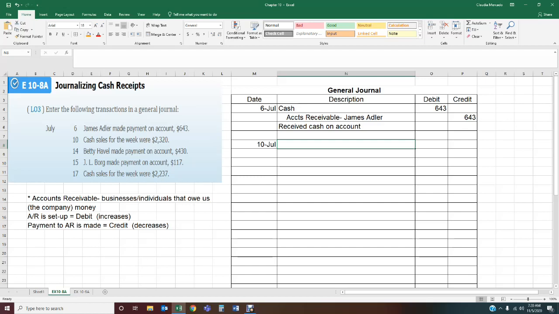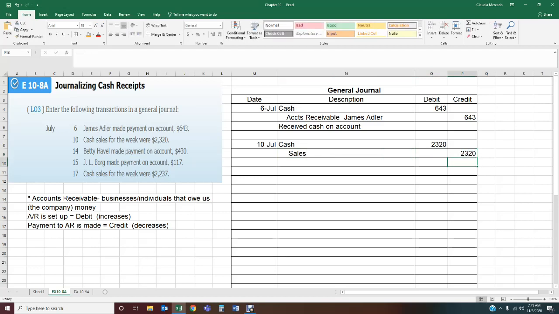Okay? So, in this case, during the week, you had cash sales of $2,320. Okay, so now you're taking this $2,320 to the bank. So what's happening? Well, your cash in the bank is increasing by $2,320. You have money because you just deposited it in the bank. Now, what you need to do is record those sales. You hadn't recorded them before. Now that you actually made the deposit, you can record those sales in your books,